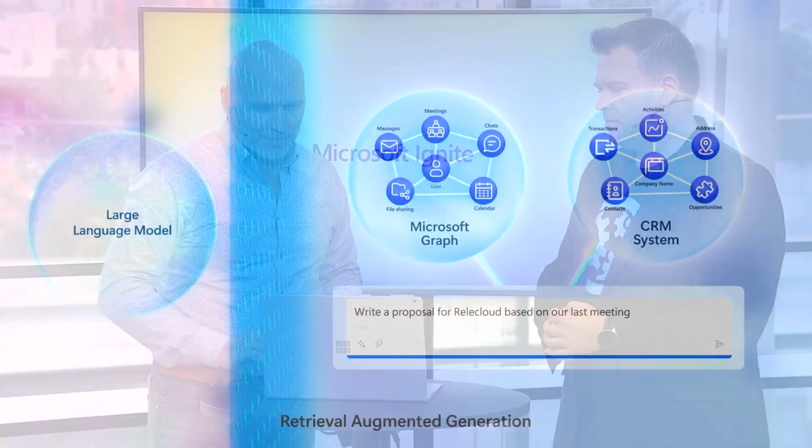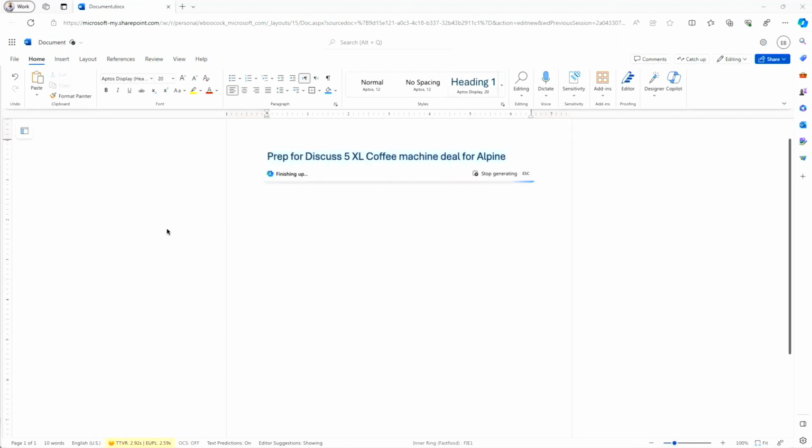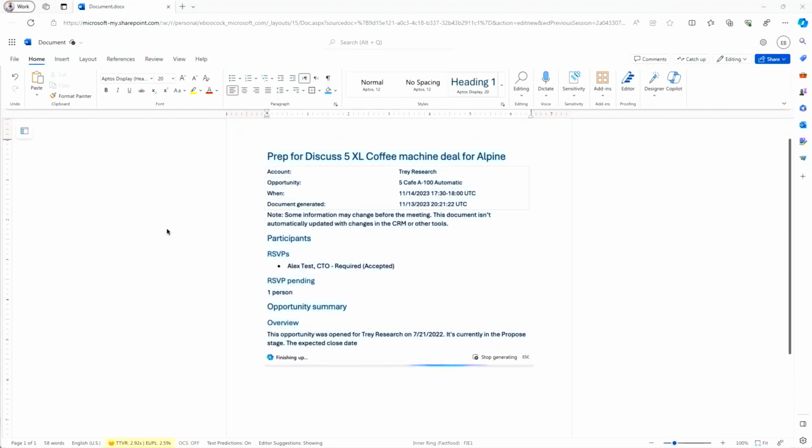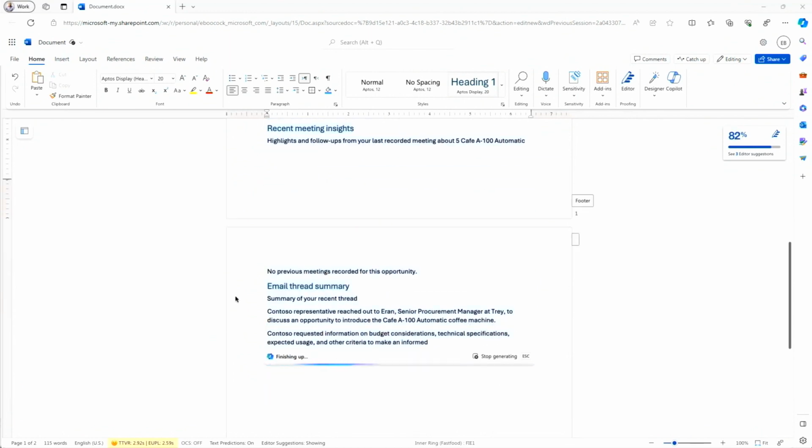Let's take a look. So right within Word, the seller can ask to prepare a meeting, to do a meeting prep. And Copilot for Sales will bring that prompt directly to them to allow them to pick a record that they want to do the meeting prep for. In this case, we selected an opportunity. And what you'll see is we're leveraging the power of what Copilot in Word is going to do and help generate a really rich, nicely formatted document, but bring the data from that CRM system